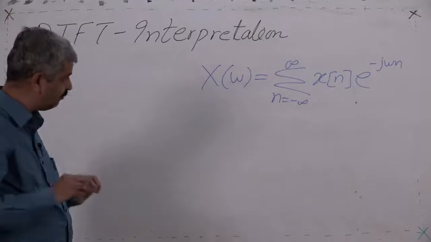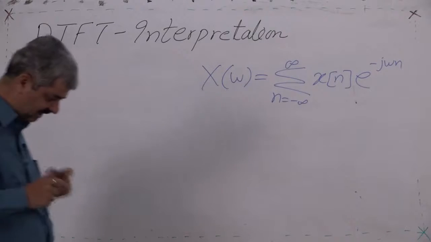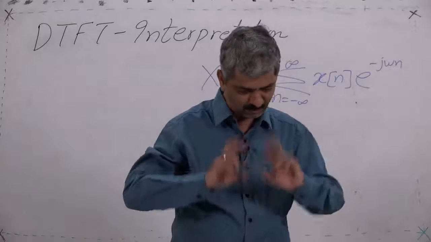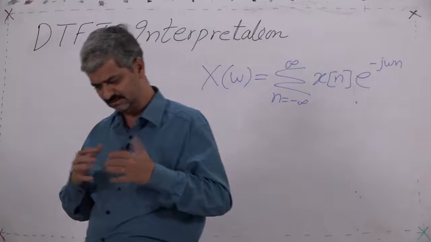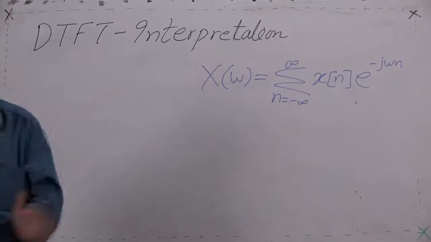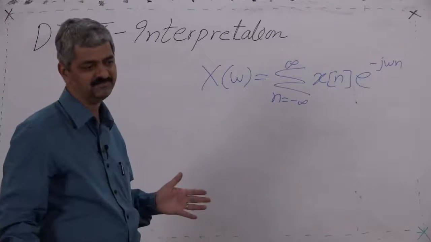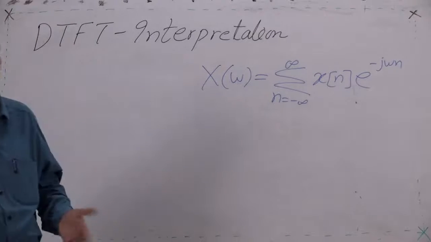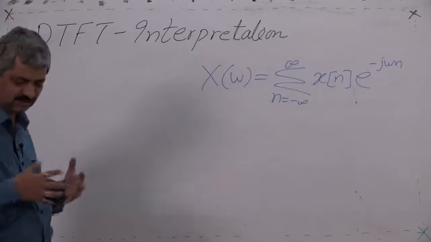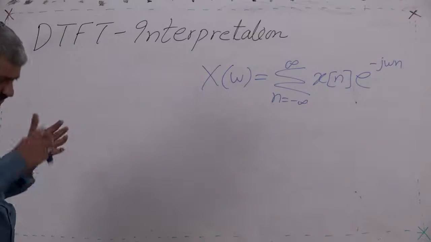We talk about how e raised to minus j omega n changes, and then it multiplies x[n]. So what is the impact of that multiplication? I will try to elaborate it to the finest extent possible. As I had already stated, we have ample time. The lockdown period is there, and after that there is some more period available for students. So we need not bother whether the syllabus will be covered or not, because anyway we are in the 5th module, so not much is remaining. We will discuss everything in detail.